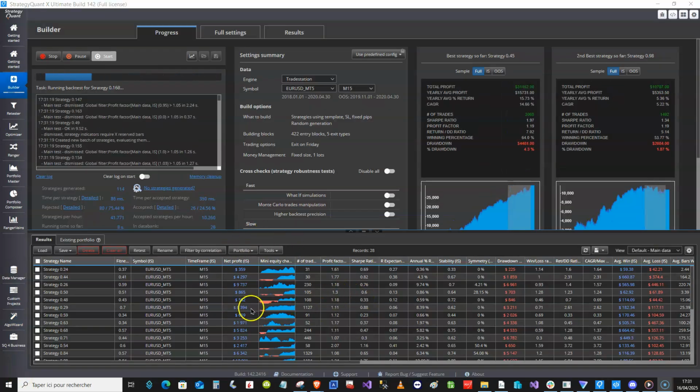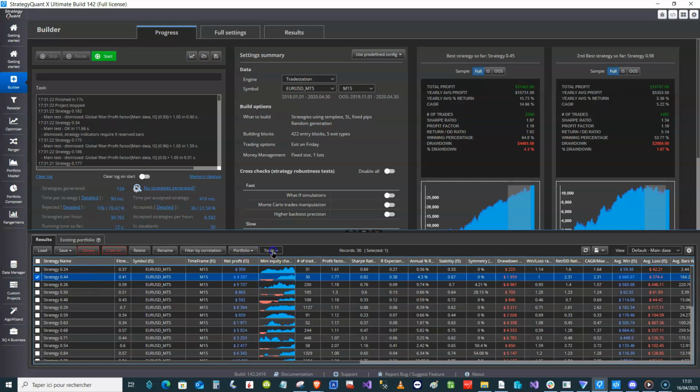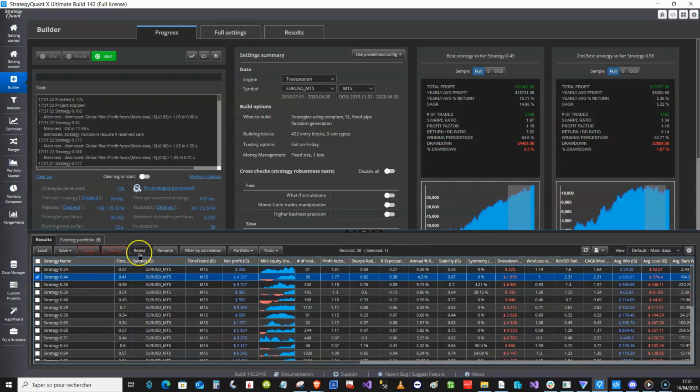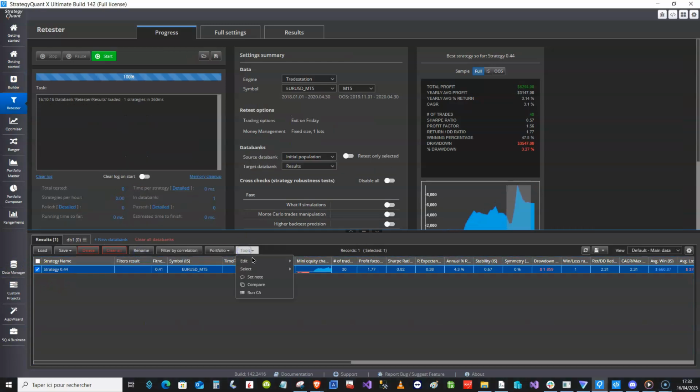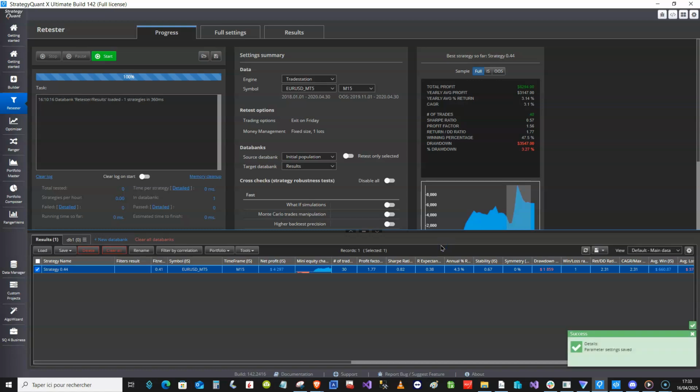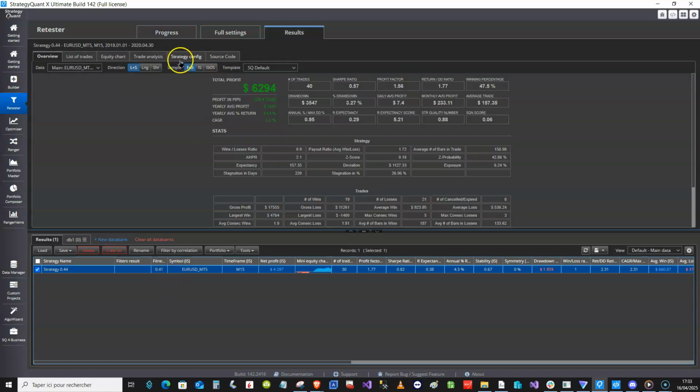So we can see the template is running. If we check one of the strategies, we look at the parameters, we can see that the export data, the boolean export data variable, is set to false. This is why it won't export the data in the builder. If we send the strategy to the retester, then we look at the same parameter. We set export data to true to tell the retester to use the rules. It will activate the rules, and then we run. We can apply eventually the config.